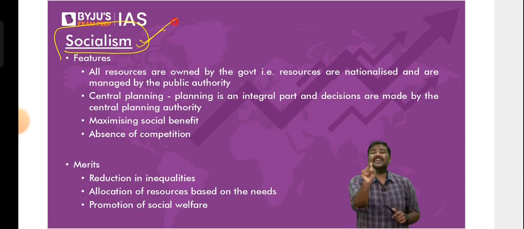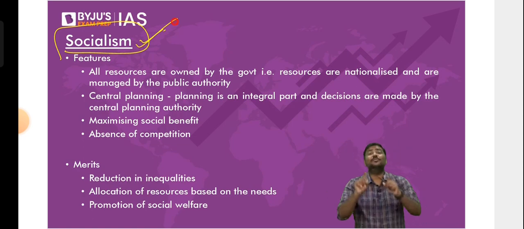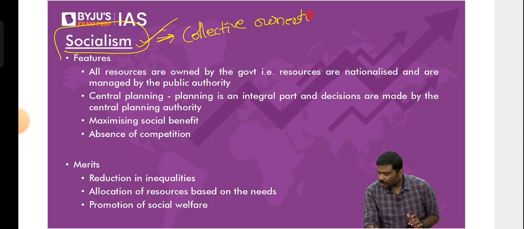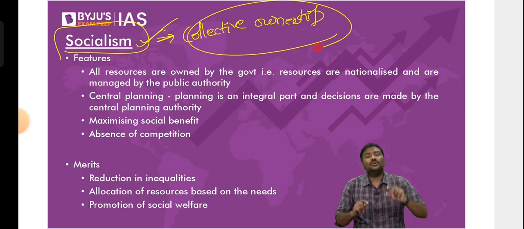That is, in case of socialism, it is the government which will make an investment, produce the goods, and sell the goods. Government will decide what kind of goods you're supposed to consume. So the idea of socialism is simple. Here there is this concept of collective ownership, that is, the ownership of factors of production lies with the government on behalf of the people. Private sector is not allowed to own the factors of production in socialism.